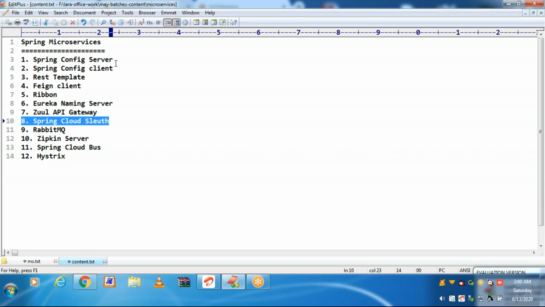For that request, one ID is generated, and that ID is displayed in the logger by using Spring Cloud Sleuth. It is only for tracing a request in the distributed environment. But this request tracing would be in the log files. Definitely it is difficult to trace a request through log files or through console messages.